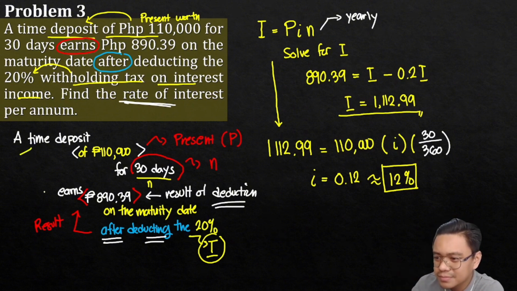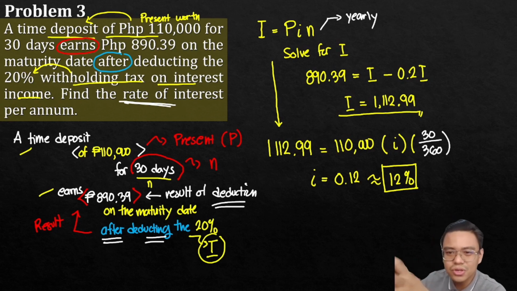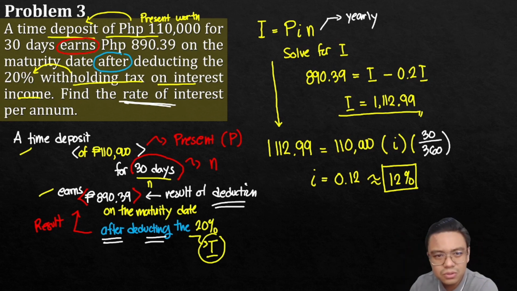Especially this one, eh. Ito over time, malalaman mo na lang to. Kasi the more you encounter problems, no, the more you solve problems po, makikita mo talaga, uy, ito po yung